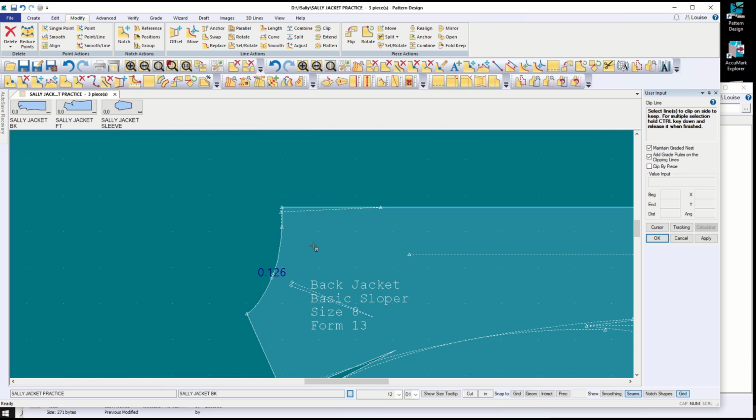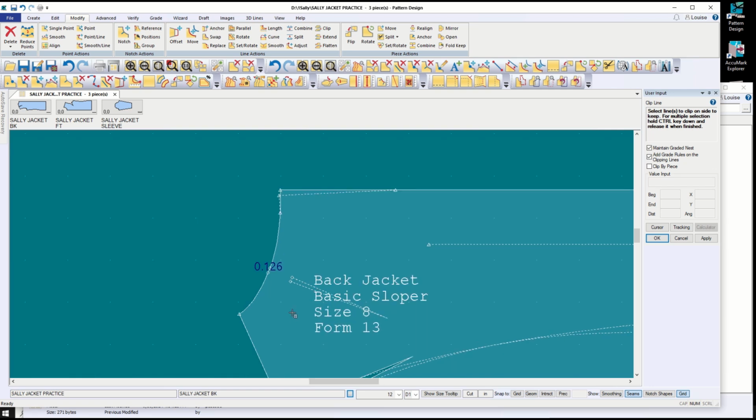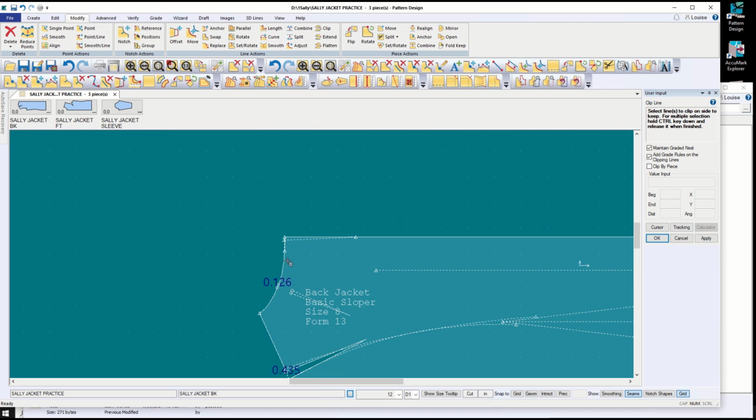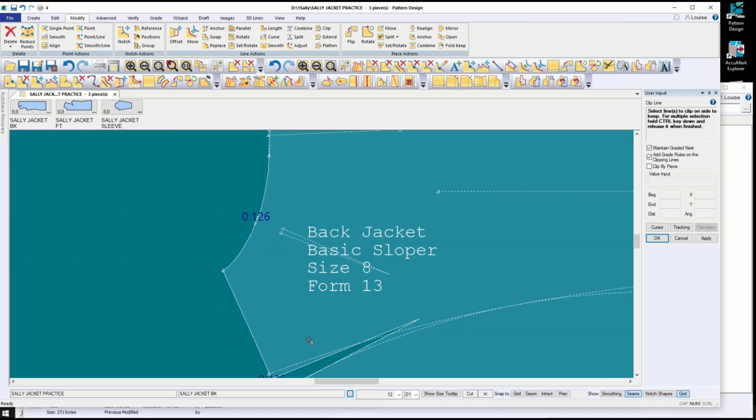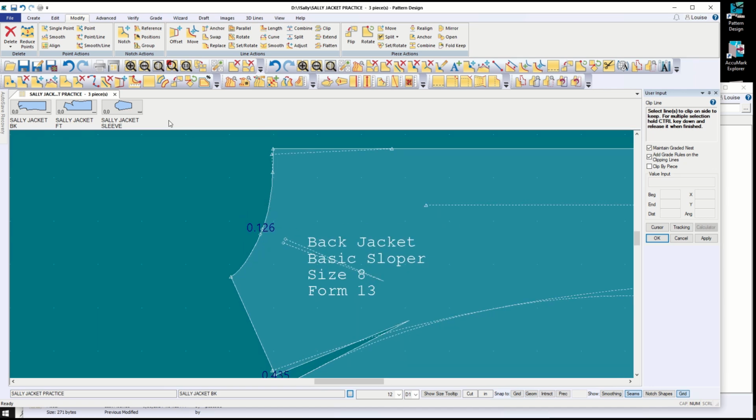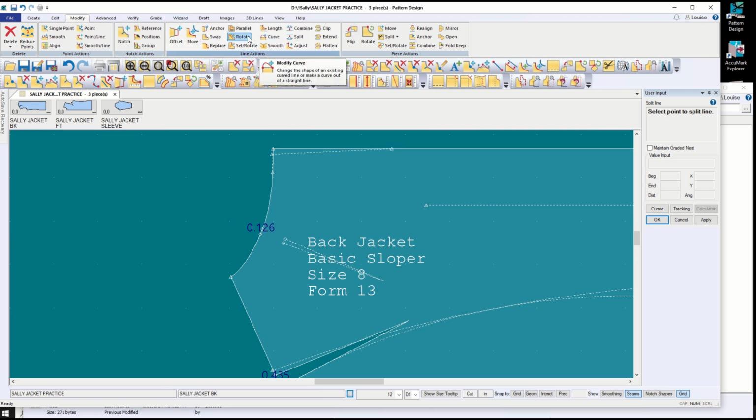If I wanted to get rid of part of that dart, this will still be controlled in the shape, and I'll still have ease here in my shoulder that I'll just ease in instead of sewing in a dart. So modify line split right here and right here, and swap